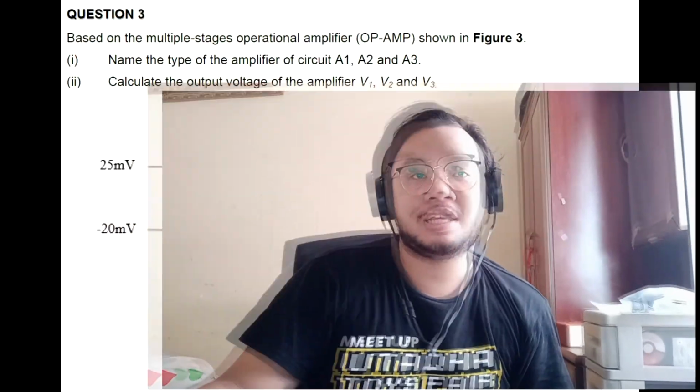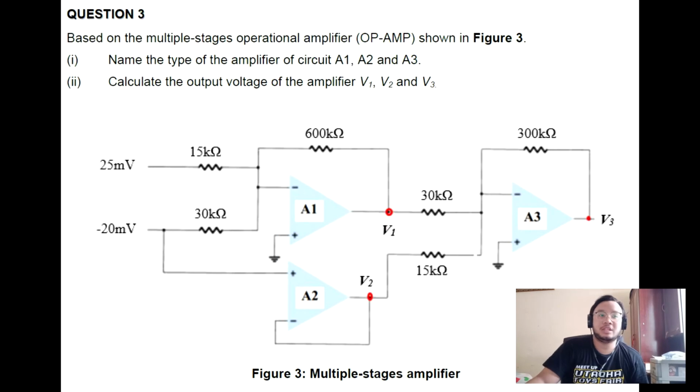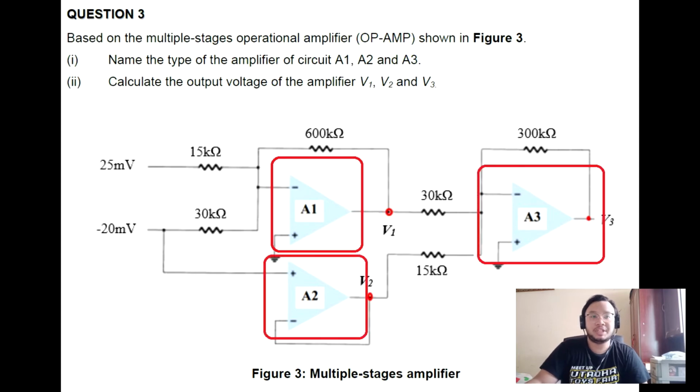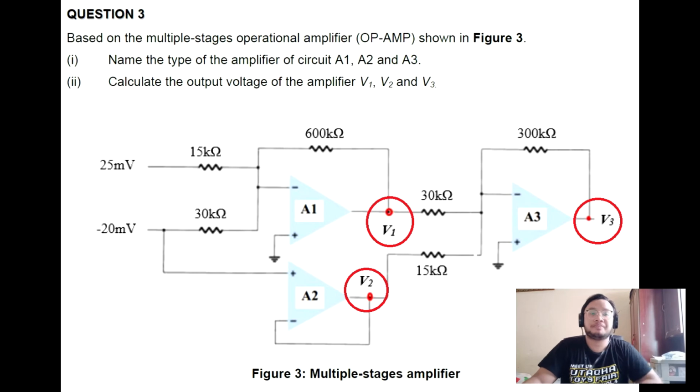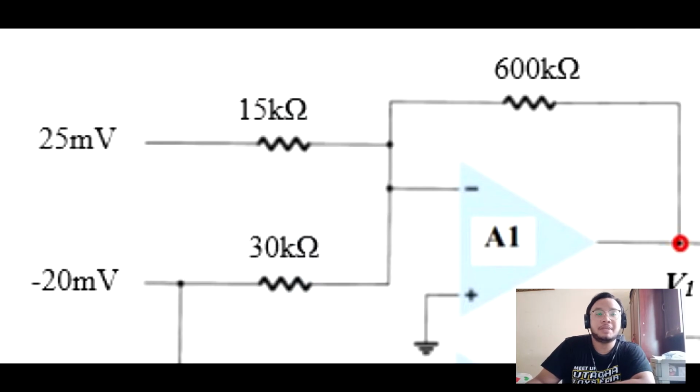Now, we're going to be discussing the third question of the set. So, in this question, we were given a multiple stages amplifier, and it tells us to: 1. Name the type of the amplifier of circuit A1, A2 and A3, and calculate the output voltage of the amplifier V1, V2 and V3. So, for the first question, at A1, based on the construction, we can clearly tell that